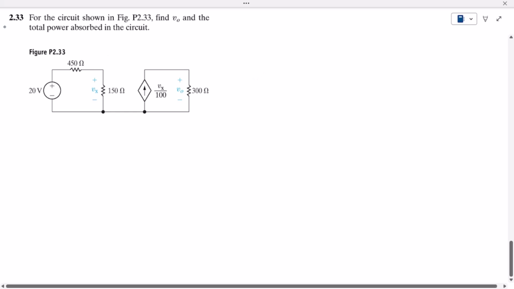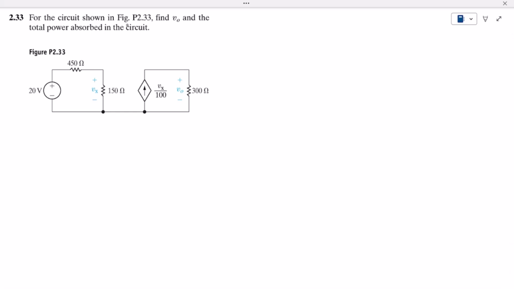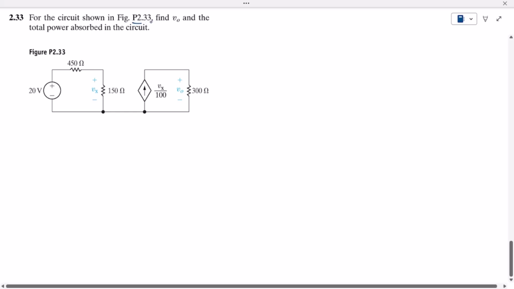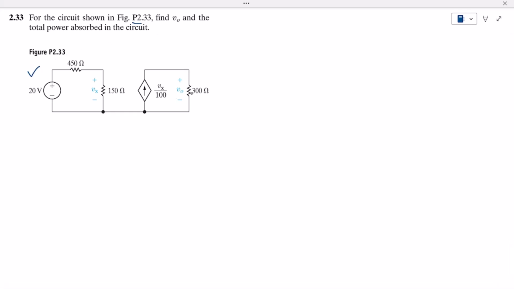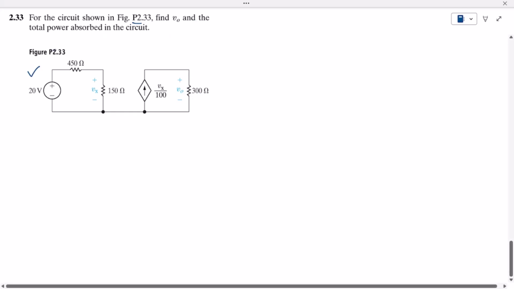Welcome back, guys. So this is question 2.33 and the statement of this question is: for the circuit shown in figure P2.33, find V naught. V naught is the voltage here which is across this 300 ohm resistor, and the total power